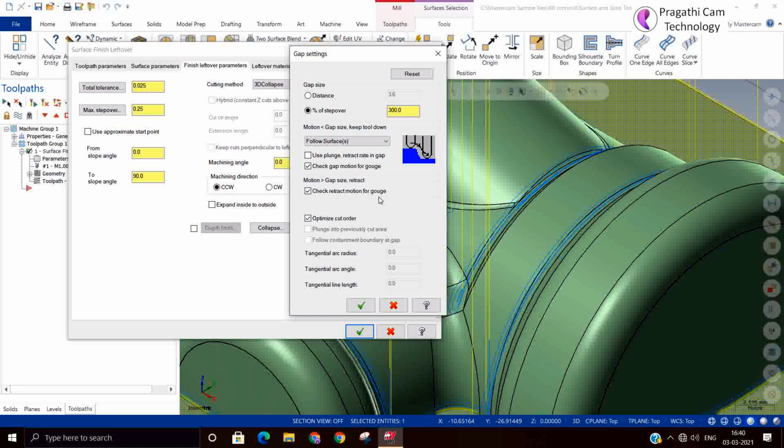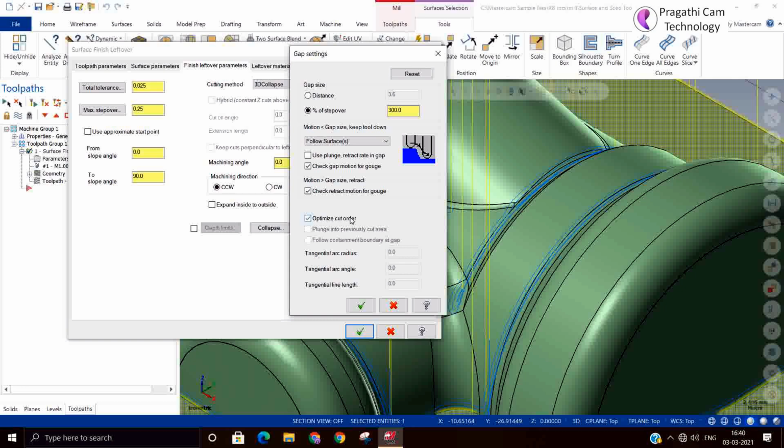Okay, the first one is less than 300 percent gap, meaning how to move the tool in the gap, and while moving on that gap it should not gouge. Okay, the second one is if it is more than 300 percent gap, the tool has to retract. During that time also we need to check that the tool should not gouge.